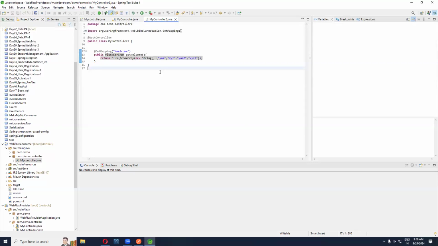So this is one way to do that. You are sending hard-coded values as a Flux. Instead of that, you can take the data from the database and send the data as a Flux response also. And when you are sending that response, you can set the time interval. So I want to send the response every 10 seconds, or every 15 seconds, like that. You can set the time interval also when you are sending the Flux